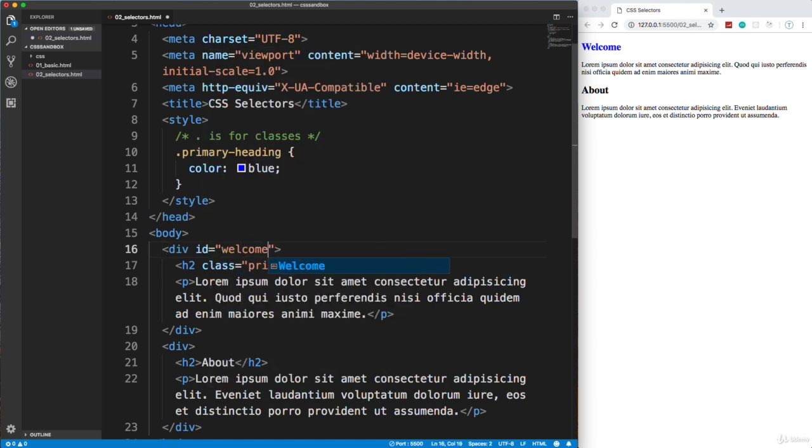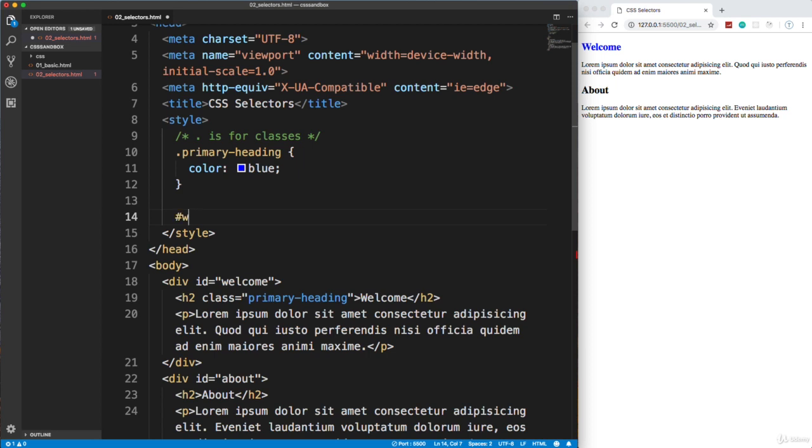So we'll call this one welcome, and let's call this one about. Okay, so you see how this makes sense, because we're not going to have another welcome div or another about div. So an ID is a good choice for this. So if I wanted to, let's say, give the welcome ID a background color, I could target it like this,